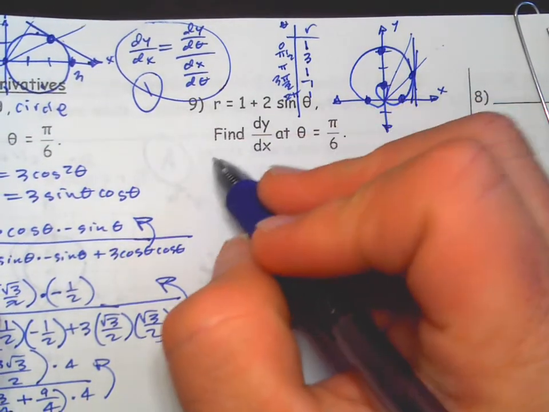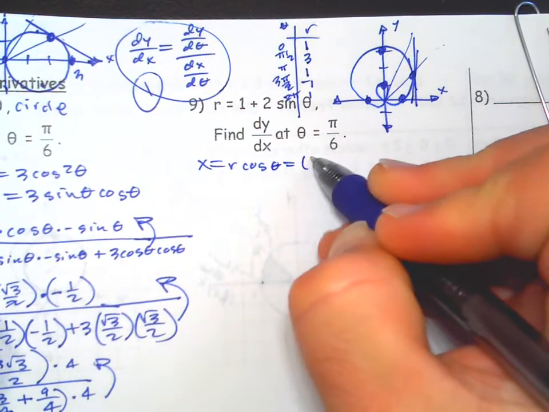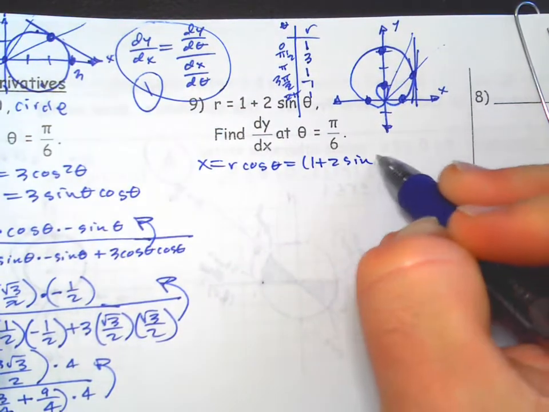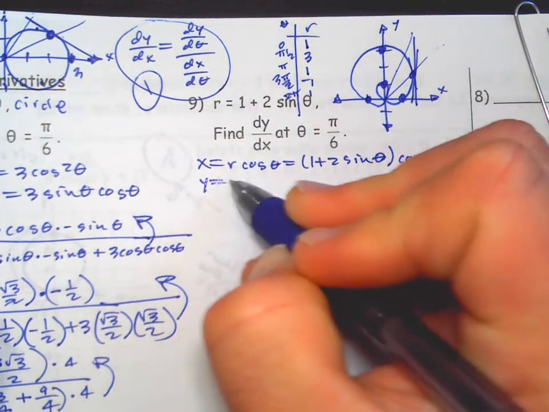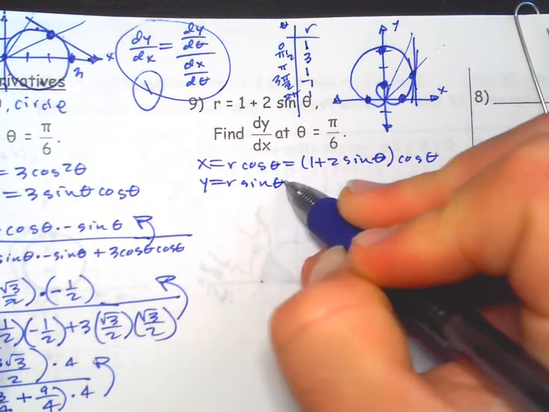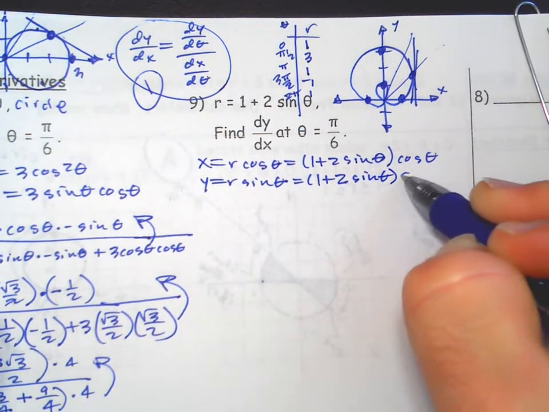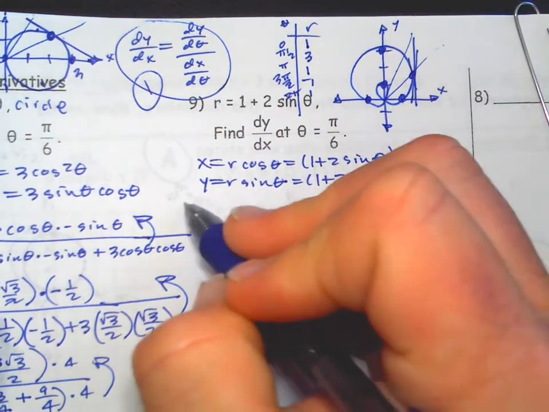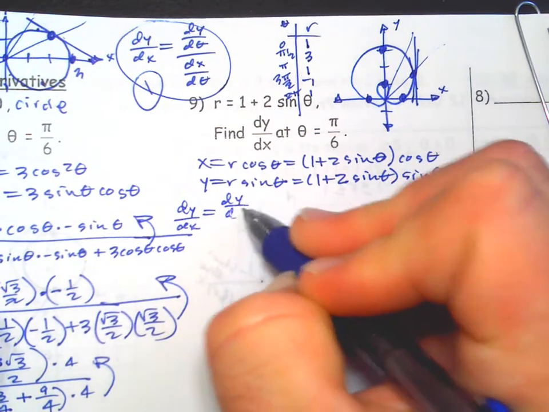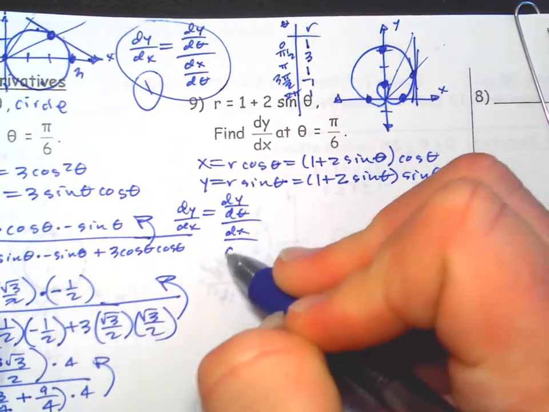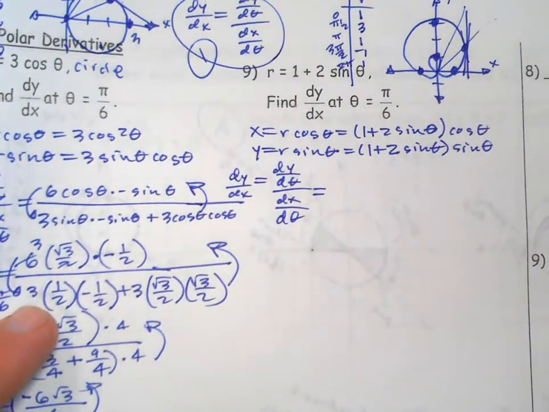Okay, so x equals r cosine theta, 1 plus 2 sine theta cosine theta, y equals r sine theta, 1 plus 2 sine theta sine theta. So dy dx equals dy d theta over dx d theta. I'm going to try and not do it upside down this time, even though I feel like that happens to me every now and then,